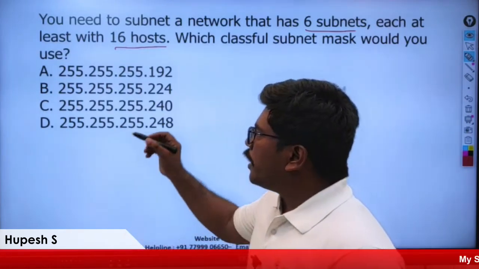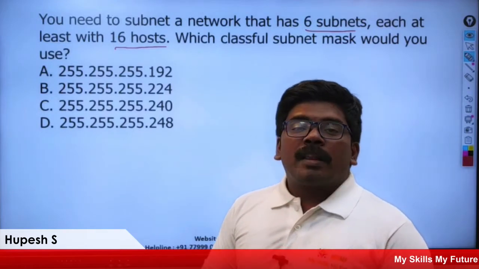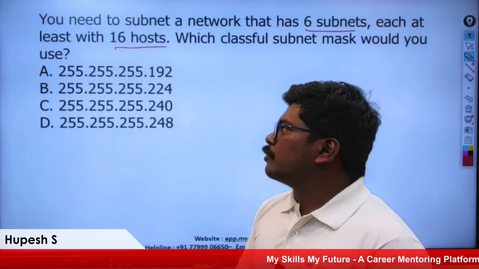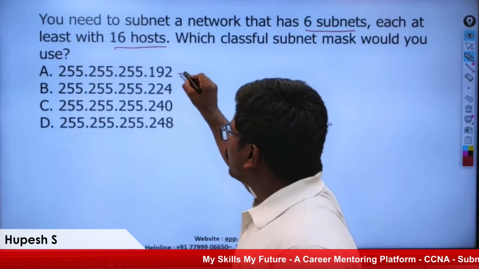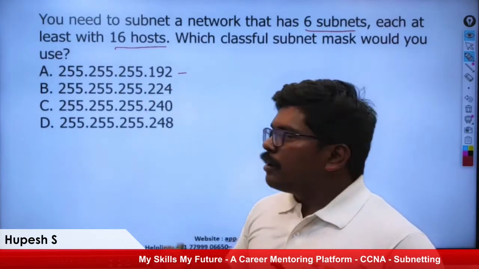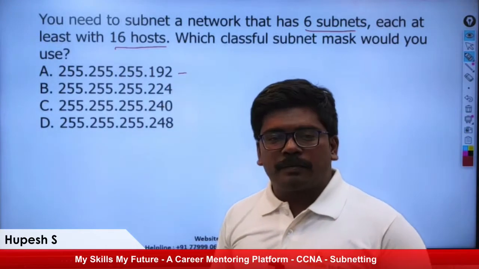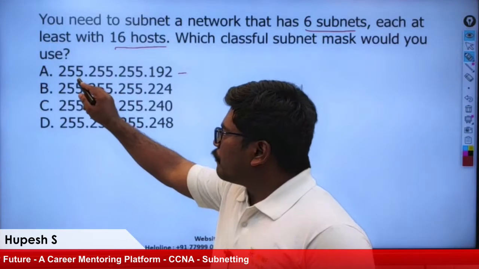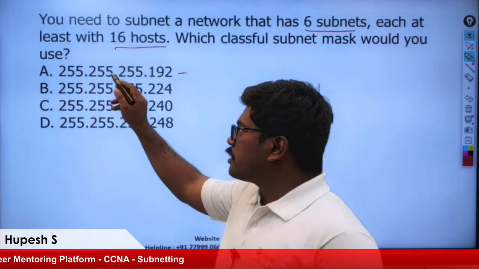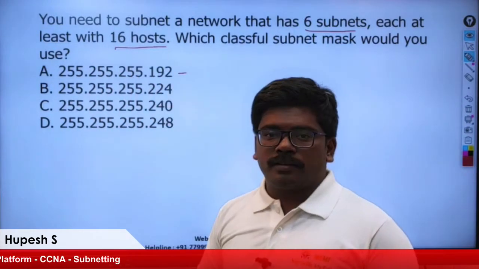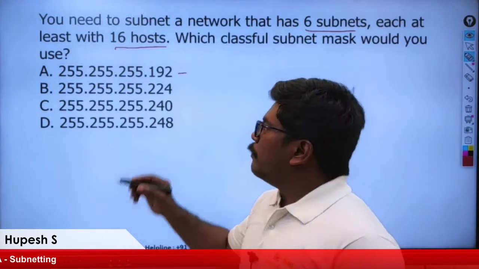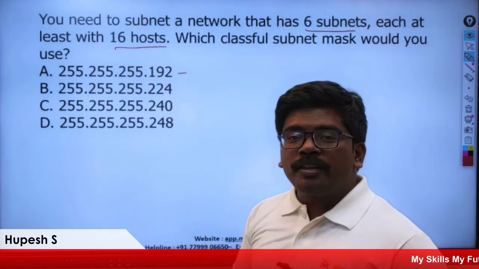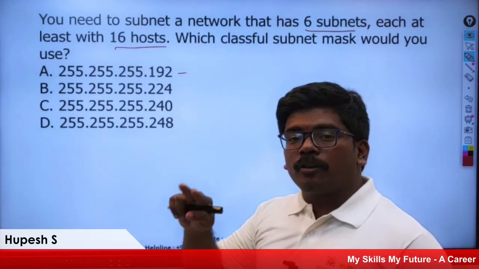Now if you see, in a subnet mask, network bits are represented with ones and host bits with zeros. So here, in the first option, the first 3 octets are all network bits because 255 is equivalent to 8 ones. The first octet has 8 ones, the second octet has 8 ones and the third octet has 8 ones, which is all network bits. But when you consider the last octet in any of the options, it is a combination of both network bits and host bits.